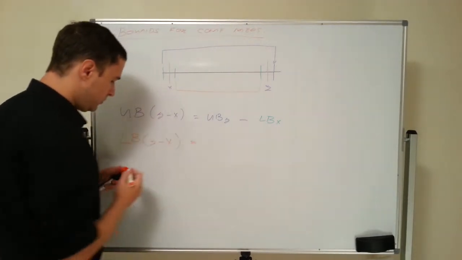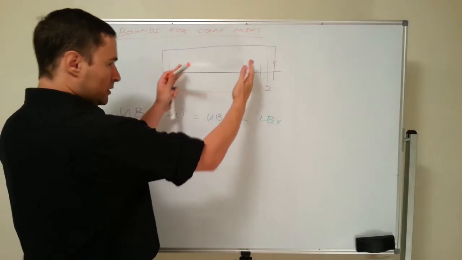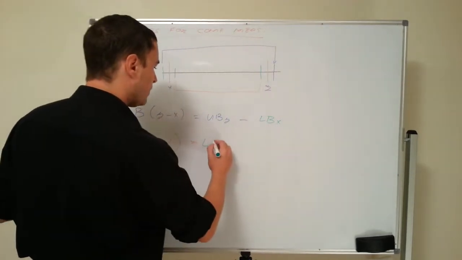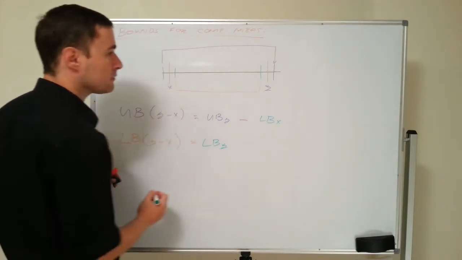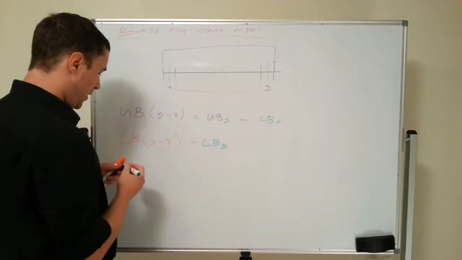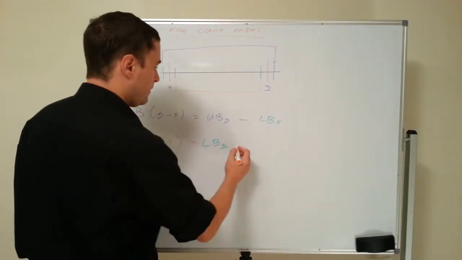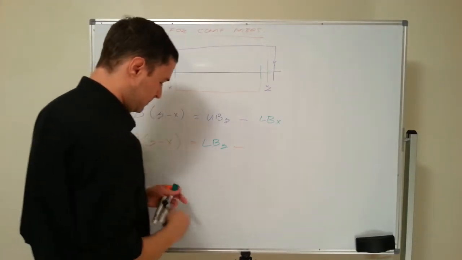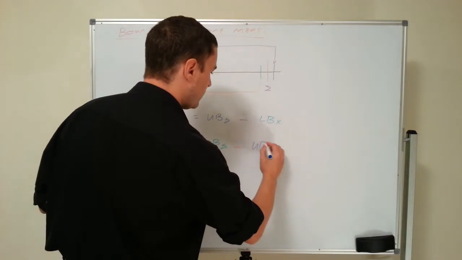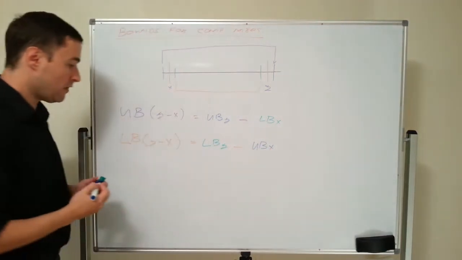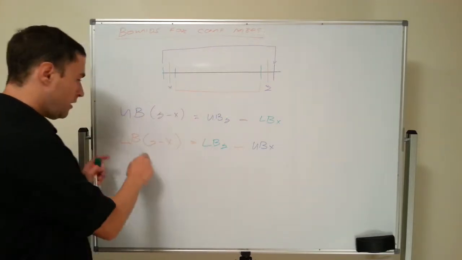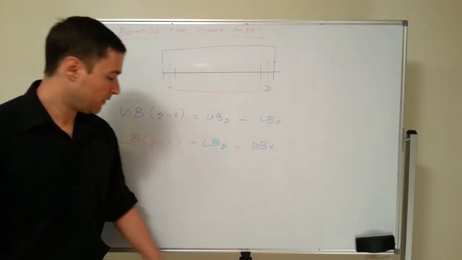Well, all I need to do then is take a look at the smallest distance that I have here. Well, what's the smallest distance? It's the lower bound of y, right there, minus the upper bound of x. That would make that distance the smallest error. Are you with me? Okay. Now,